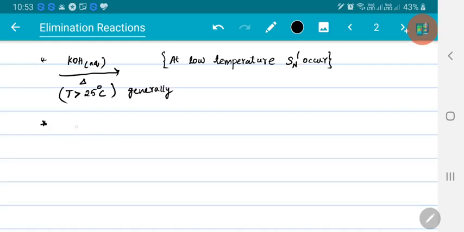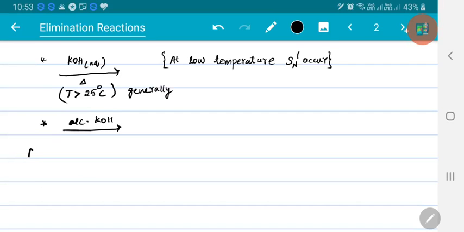Instead of aqueous KOH, we can use alcoholic KOH. Alcoholic KOH produces elimination product. Aqueous KOH produces substitution product, but when it is heated, it shows elimination product. So as such, for any strong base system, instead of nucleophilicity, the basicity of the system must be high. Compared to its nucleophilicity, basicity must be high. So the reagent should have more basic character, and of course a good leaving group.